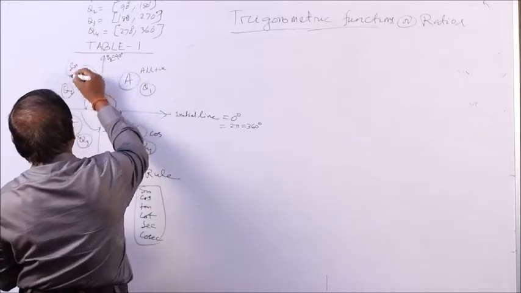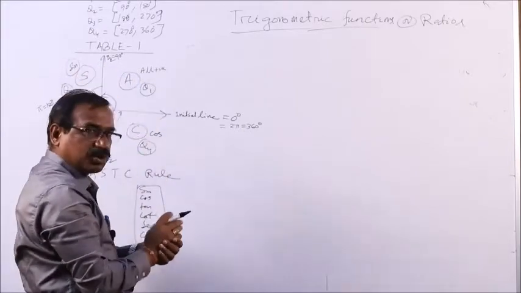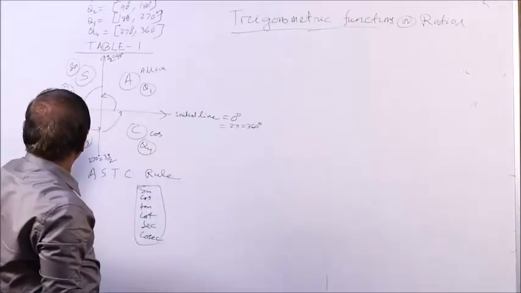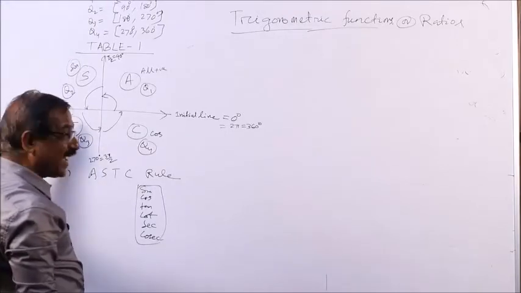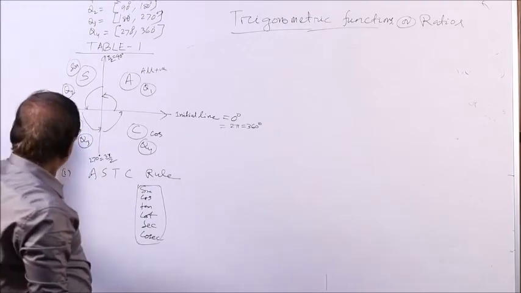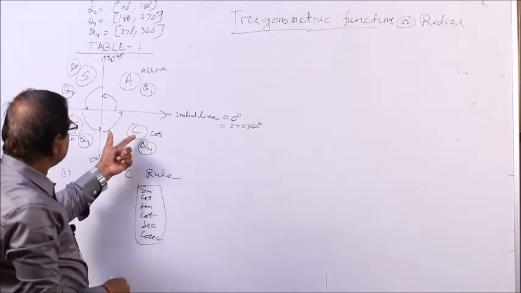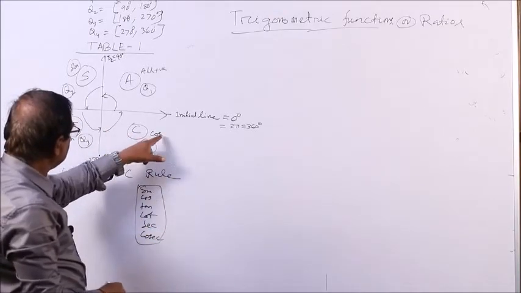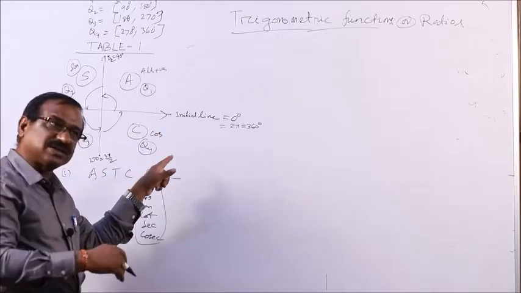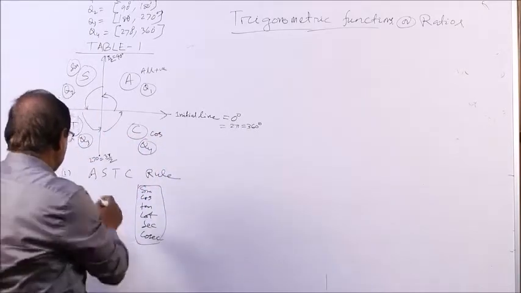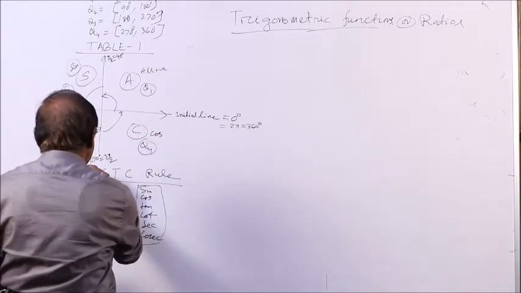When sin is positive then its reciprocal is positive, cosec is also positive. In this third quadrant Q3, you see here tan is positive, and so if tan is positive, its reciprocal 1 by tan, cot, is positive. Similarly, in the fourth quadrant, cos is positive. So 1 by cos, sec is also positive. How will you remember this? You remember this is the rule. How will you remember the ASTC rule?